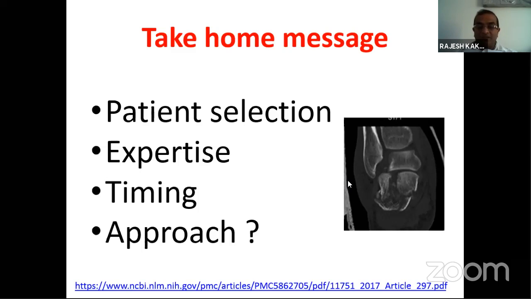If it has been delayed, I would recommend you to use an extended lateral approach rather than a sinus tarsi approach. So which approach to use depends on your expertise, whichever you are conversant with. I personally use the sinus tarsi approach and I have a very low wound complication rate with that, but then I intervened soon after the fracture so that I can take advantage of that approach and reduce the risk of